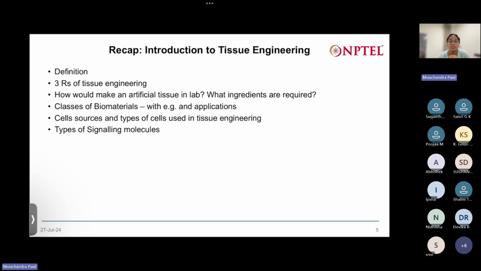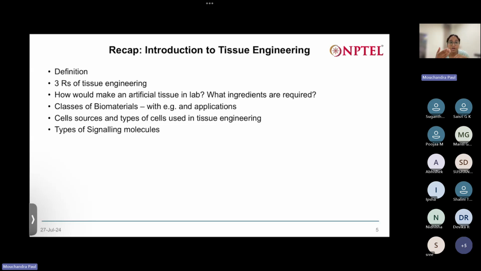Then we also saw what are the classes of biomaterials generally used for tissue engineering, right? So there are polymers, metals, ceramics, right? Then sir also told about carbons, right? Carbon nanotubes, graphenes. There are also mexines that have started coming up. So these are all carbon-based materials. And when you make a composite out of it, like you combine polymer and ceramic, or polymer and metal, these are composites. So there are 5 classes of biomaterials,